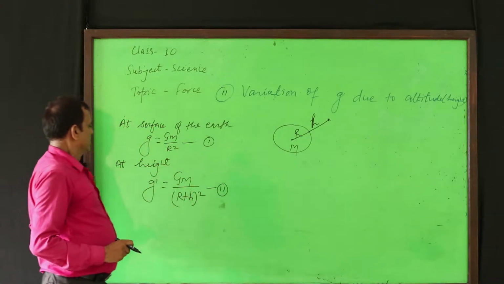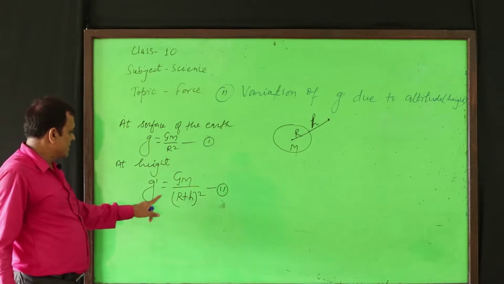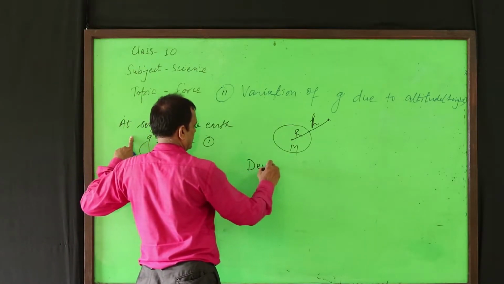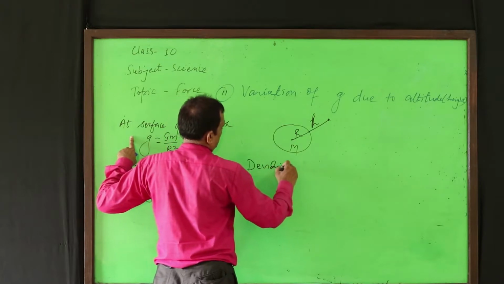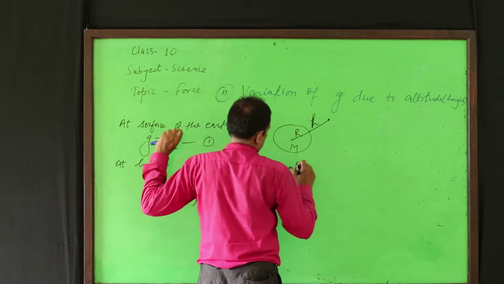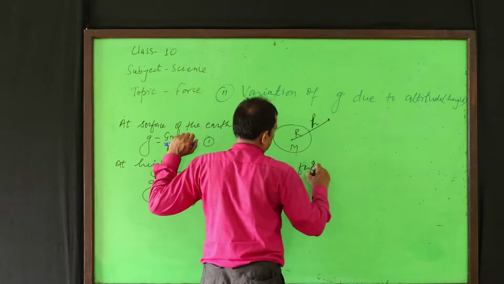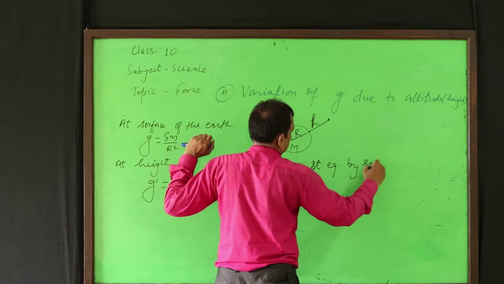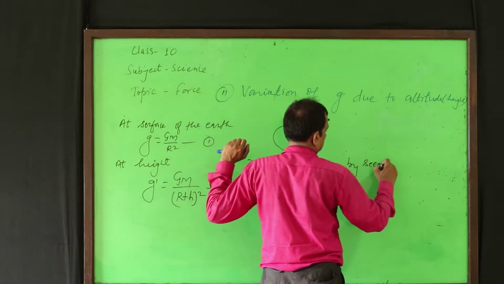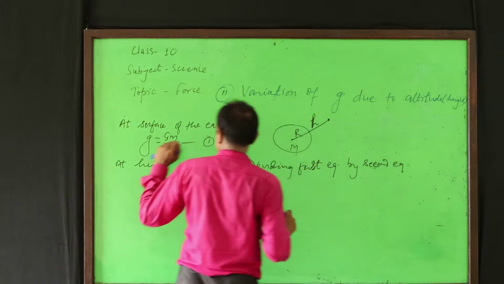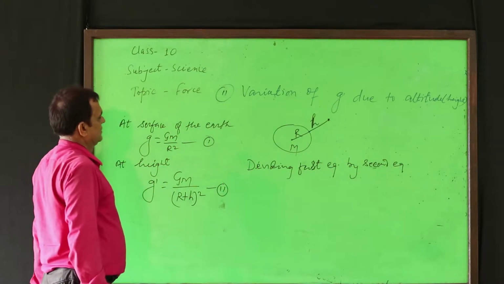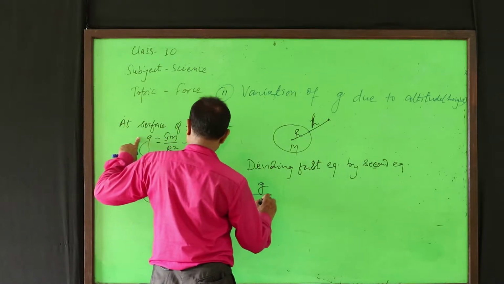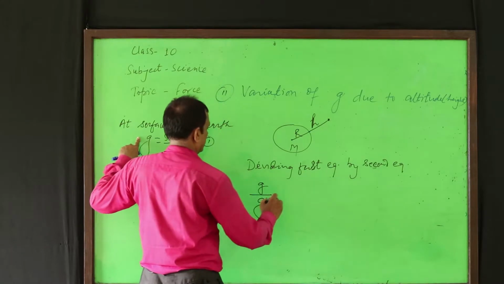Now, dividing first equation by second equation. First equation, g by g dash equal to